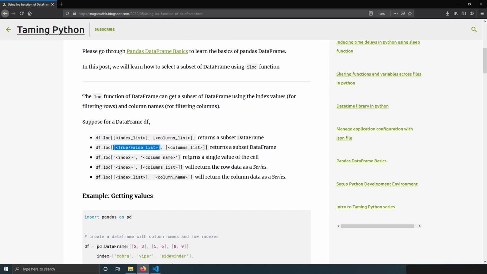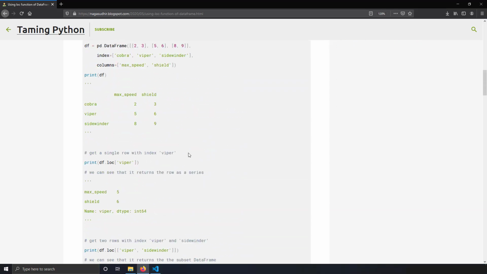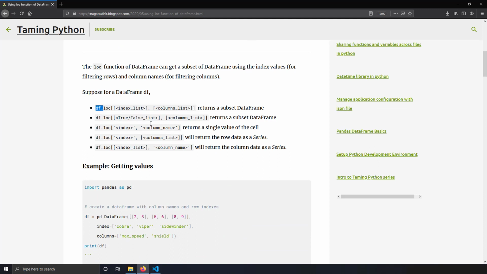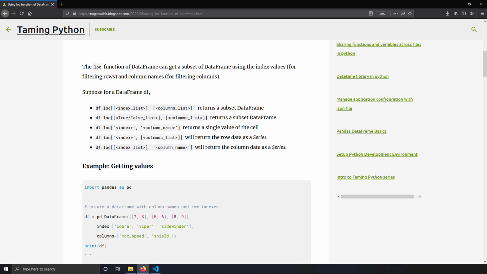That's it, guys. So this was about using the loc function in a pandas data frame. I know it's a bit confusing or a bit much to take in, but it's really important and it's really good if you get to know the use cases of the loc function. The loc function is also useful if you have time series indexes in your data. So if you want to select rows with a greater than timestamp or less than timestamp, or rows with a particular timestamp, the loc function can be very useful. This is one of the most common use cases of the data frame loc function.